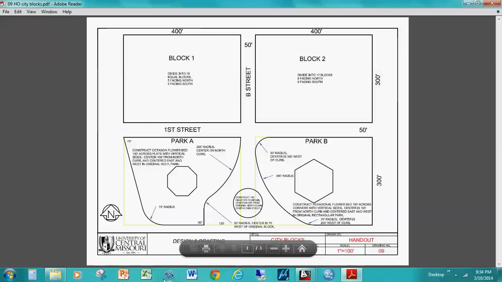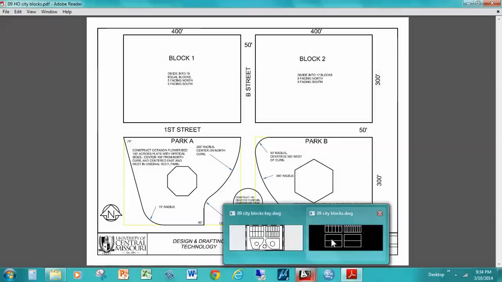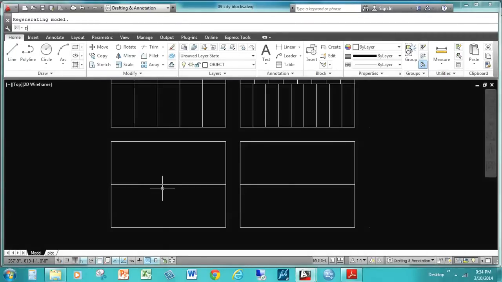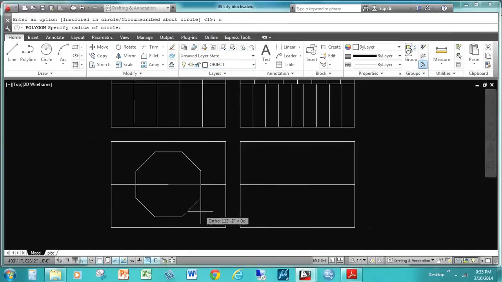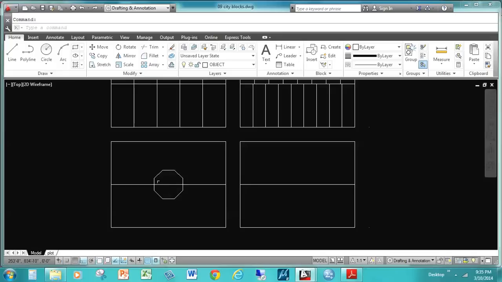We're going to come back to this part. So AutoCAD, and then polygon, P-O-L, enter. Number of sides, 8, because it's octagon. Center point will be right here. Pick the midpoint. Inscribed or circumscribed. So circumscribed is the option we need. We can either select this option or type in C, enter. And what else? Radius 50 feet, 50 feet. Okay, so that's all we need